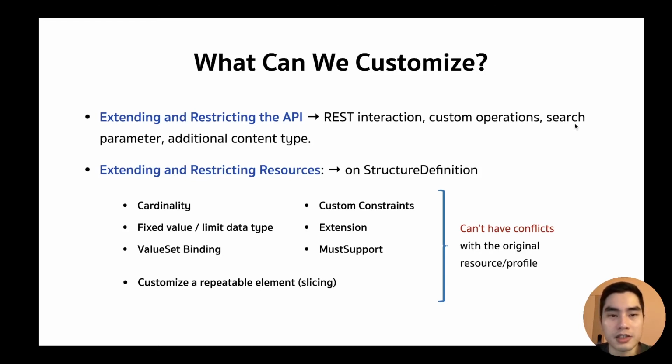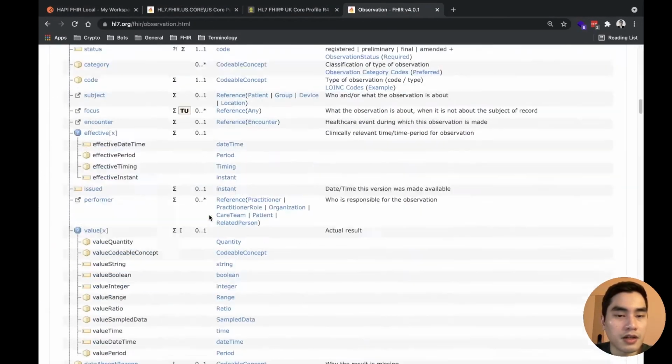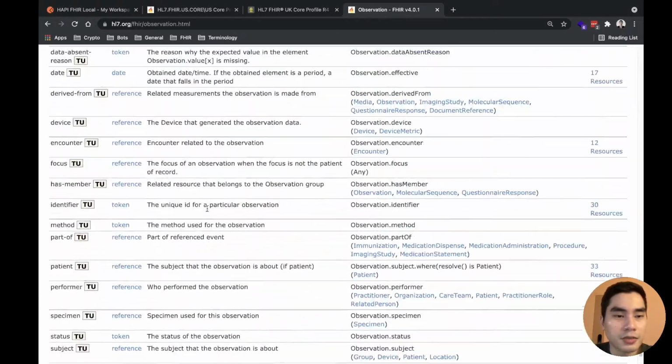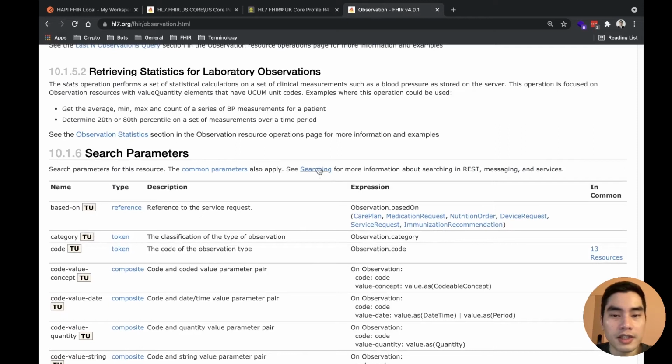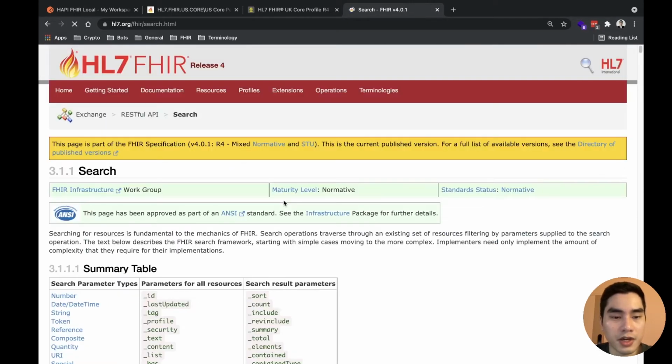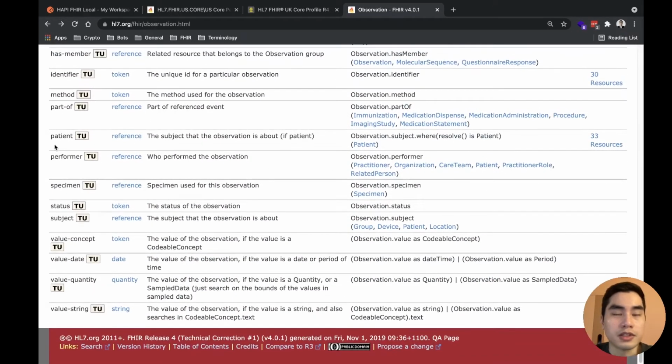Same as the search parameter. You remember there are search parameters for each resource, and also search parameters for all resources, right? Actually, we can define our own search parameter.